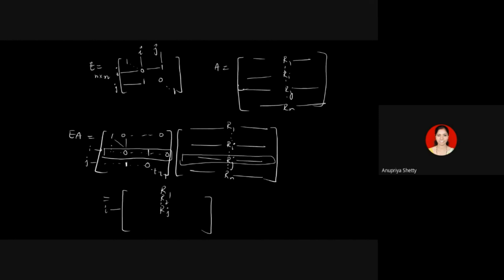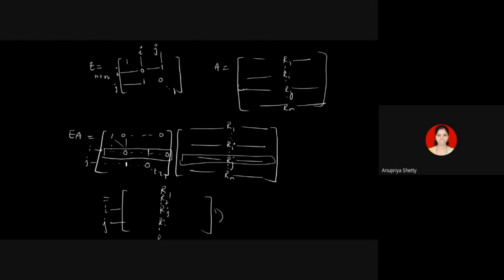Okay, and when you multiply the jth row of E with each of the columns of A, there's a 1 present in the ith place, right? In the jth row, 1 is present in the ith place. In the jth diagonal position, there is 0. So this 1, since it is in the ith place, gets multiplied with each of the entries from Ri. So in the jth row position of the resulting matrix, what appears is the entries from row Ri. So you will get the entire Ri appearing in the jth row place.